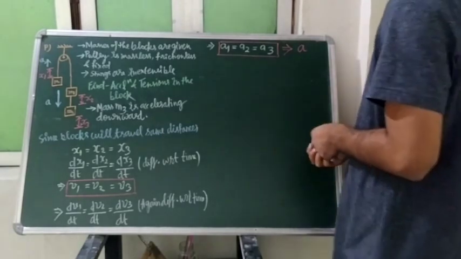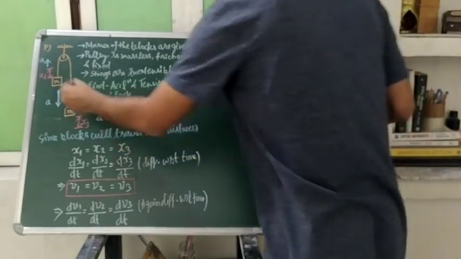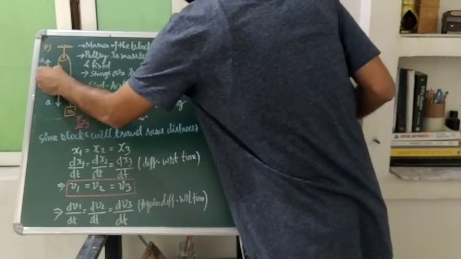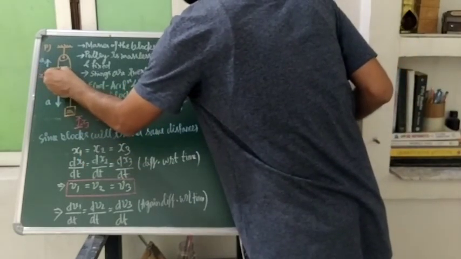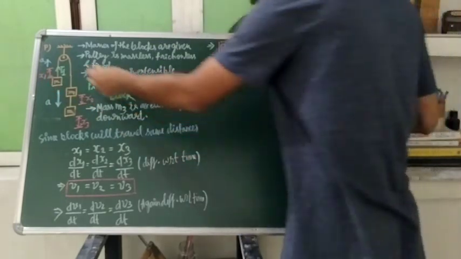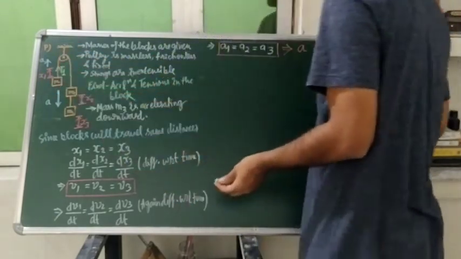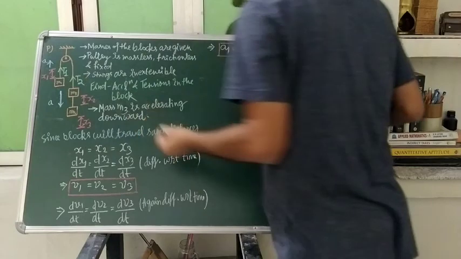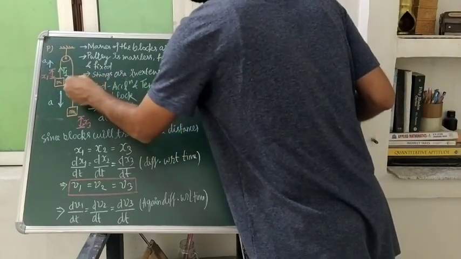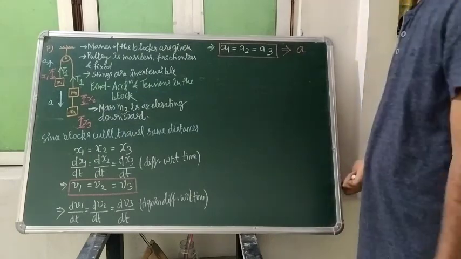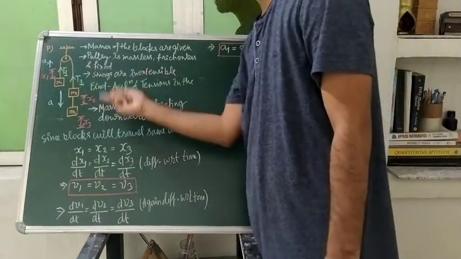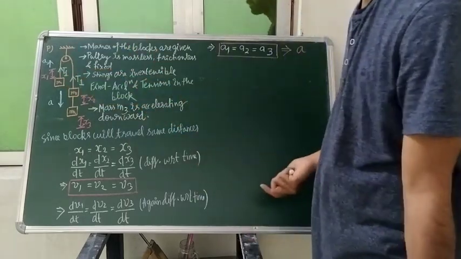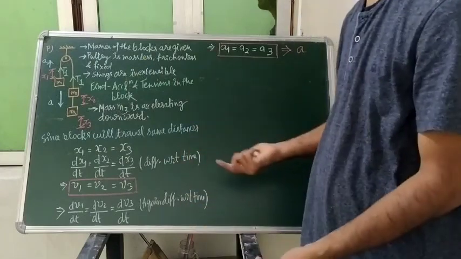And of course, student, when you talk about the tensions, suppose here the tension T1 is acting. Tension T1 is acting here. Tension T1 is acting here. So the same string is attached to that mass M2, so the same tension is going to act here. T2 we can say. Oh no, not T2. It will be T1. We are talking about the same tension, the same string. So if it is tension T1, here also there will be tension T1, isn't it? We have seen, since we are talking about the same string.